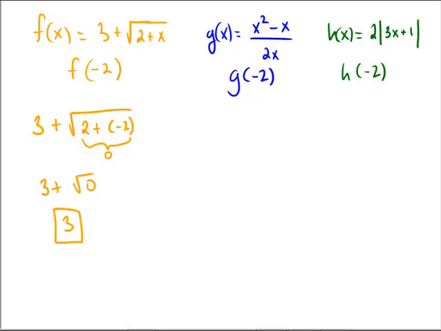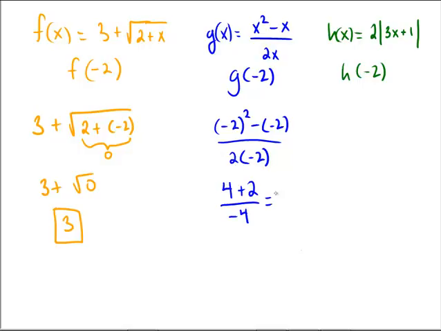In the blue, g of negative 2 with this rational function, did you get negative 2 squared minus negative 2 all over 2 times negative 2? Negative 2 squared is 4, minus a negative 2 means we would be adding a 2, and 2 times negative 2 is negative 4. Numerator looks like 6, denominator is negative 4, and this time we can reduce the fraction by dividing a 2 out of the top and the bottom, so the final answer here after simplification would be